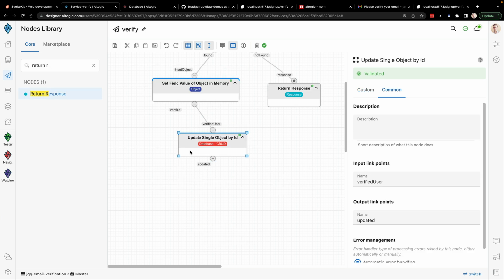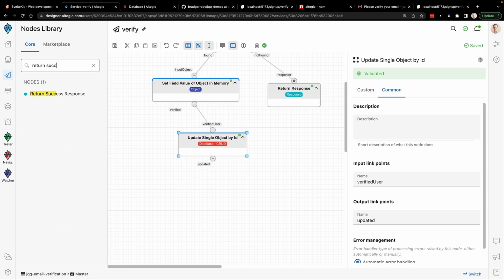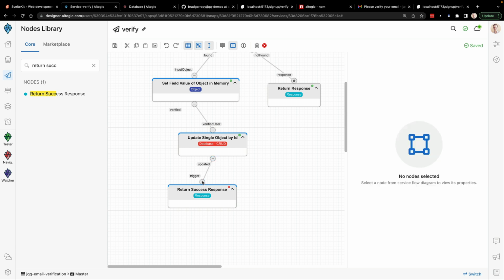All right, so from here, we want to return a success response. We'll bring the success response out, and we'll say the thing that's triggering this is that thing being updated. And then we also want to add the data to that response as well. Because remember, on the front end, in SvelteKit, we're checking to see if we get data to determine whether or not that thing is